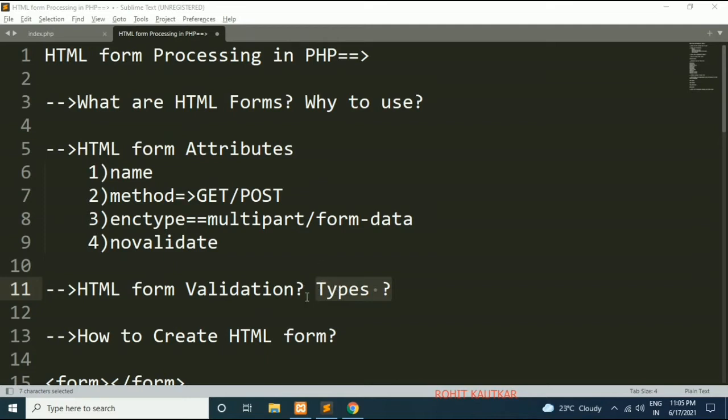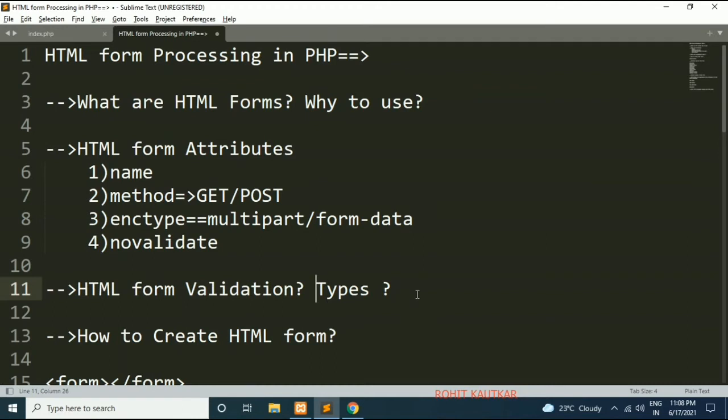If the user has submitted wrong data, then you need to notify the user that he has filled in wrong data and you cannot proceed with it, because if you store wrong data within your database, then obviously you will get wrong results. So in order to prevent storing wrong data within our database, we should validate the submitted data with the help of the HTML form validation process.